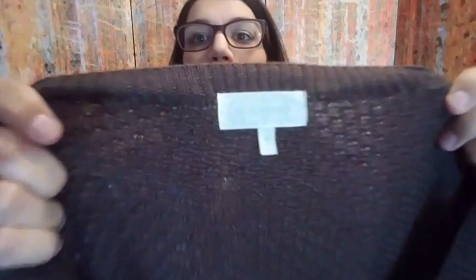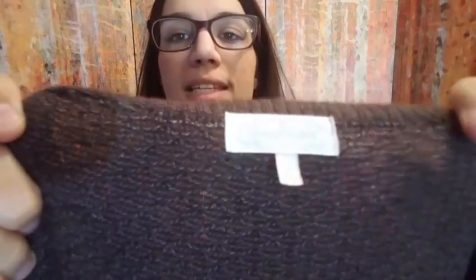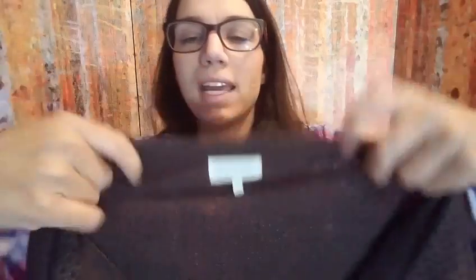And then I have this Maurice's sweater. Hopefully you can see that. It's really light. It's just a really lightweight knit sweater top, and it is a dark brown and has these really nice wide short sleeves. I ended up taking a best offer of $11 plus shipping. So the total purchase price was